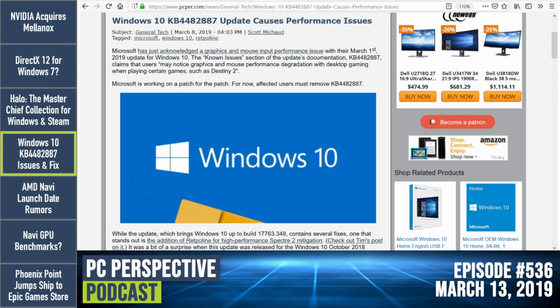Next up in news, we've got something we alluded to last week. We were talking about the Windows update KB4482887, which was the Retpoline optimizations intended to improve performance by regaining performance that had been lost in some of those Spectre 2 mitigations. And unfortunately it had a side effect where it significantly degraded performance in certain games and certain applications. And so Scott wrote this up for us a few days ago,